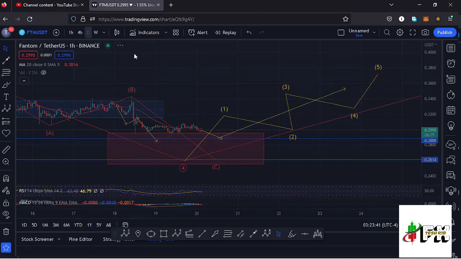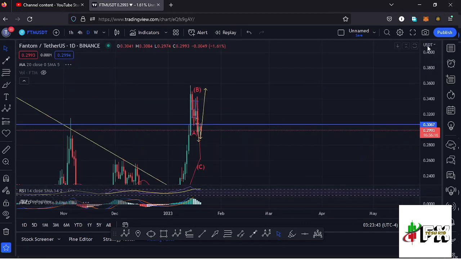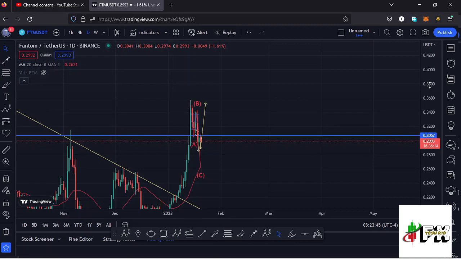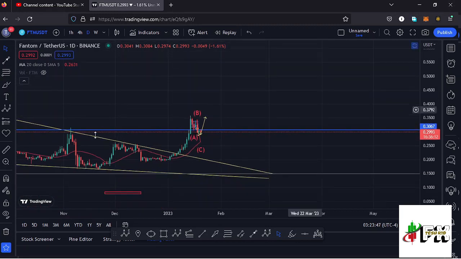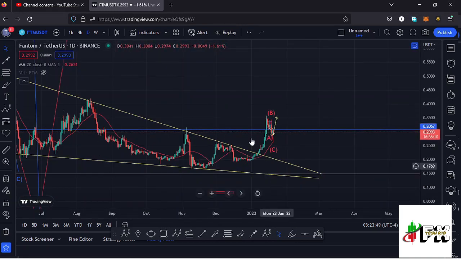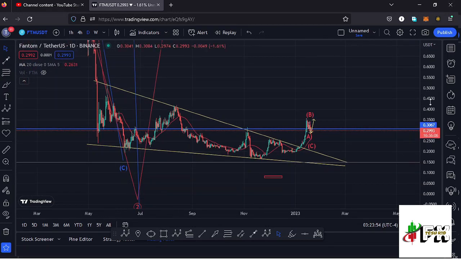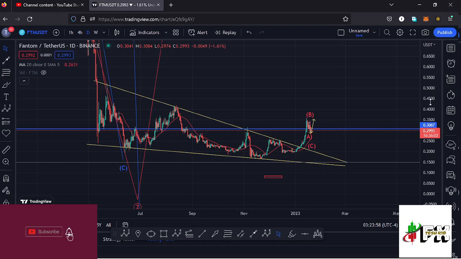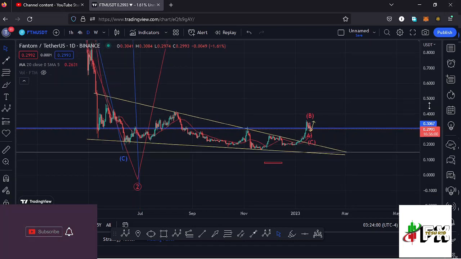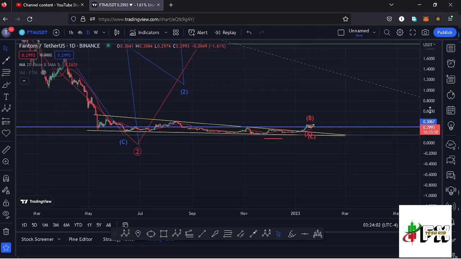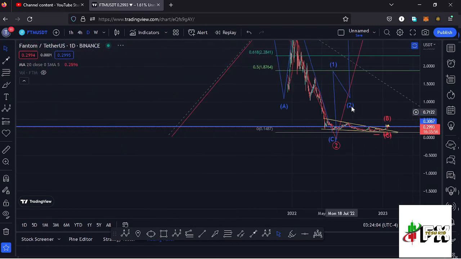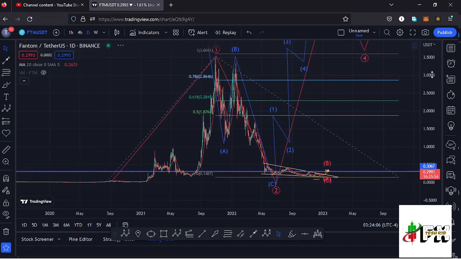And jumping to the daily chart to give you the long-term scenarios that I'm expecting to play out, here on the daily chart, you can see that we saw a breakout out of this falling wedge. We also managed to break above a key area of resistance here on the daily chart at around the $0.367 mark, but at the moment we have managed to lose that key area of support once more, and you have continued pushing even lower. And zooming out, you can see that I have this Elliot wave structure right here in red,